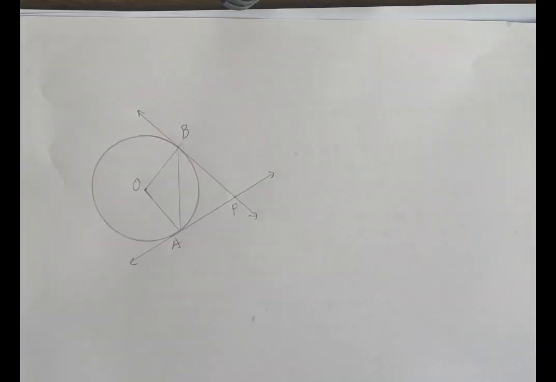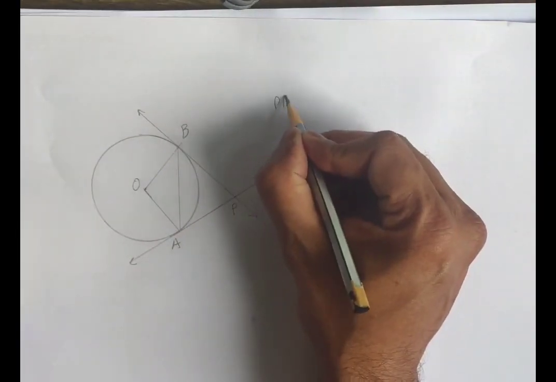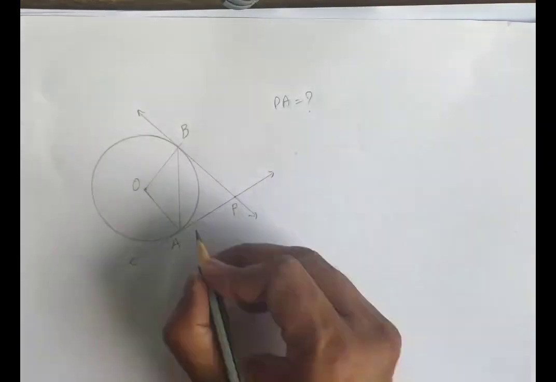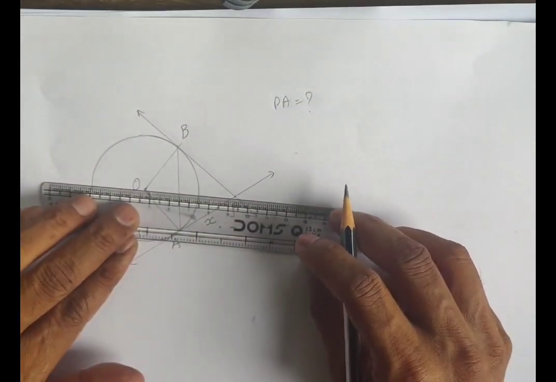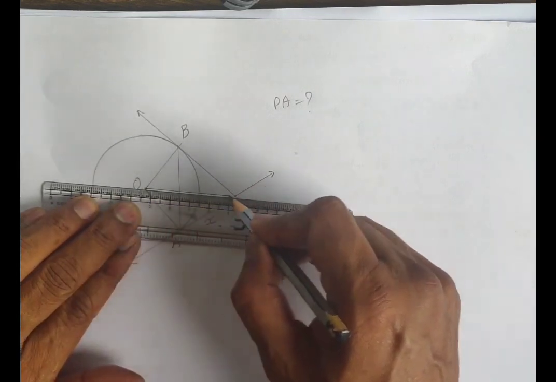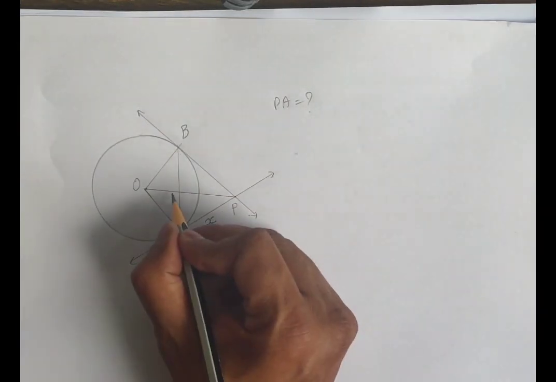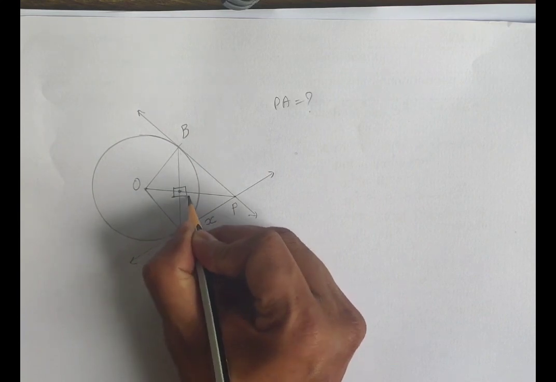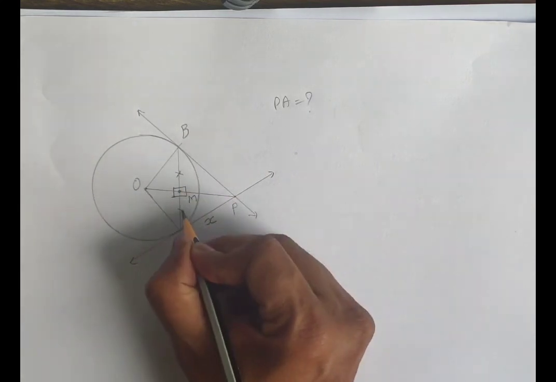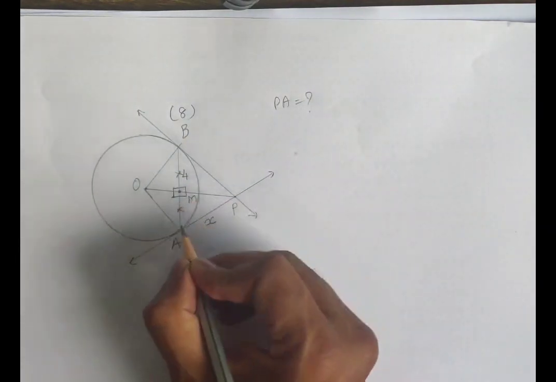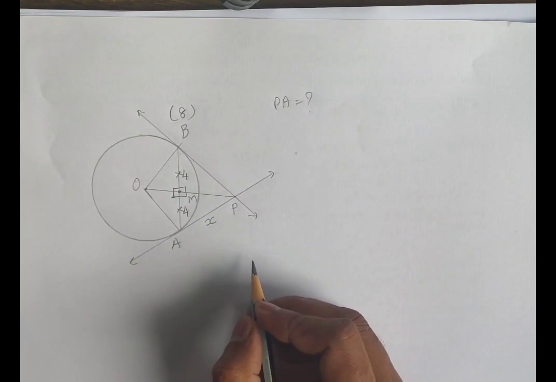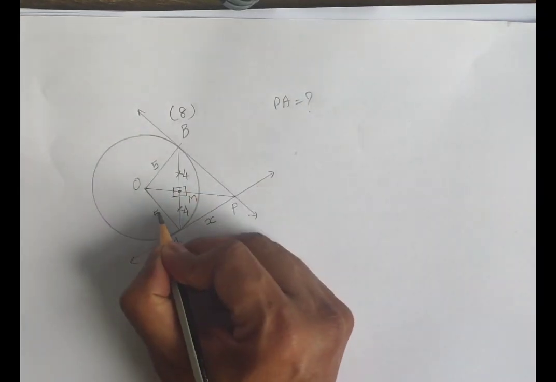Okay. Let me draw the figure first. Alright children, so here is the figure, correct? You are supposed to find PA. Alright, PA is what? So I am going to call PA X. And the very important thing is the line segment joining center and this point P in the exterior. The important result is this. It is perpendicular bisector of chord AB. Now chord AB is 8. So BM will be 4, AM will be 4. Correct? Now this radius is 5.